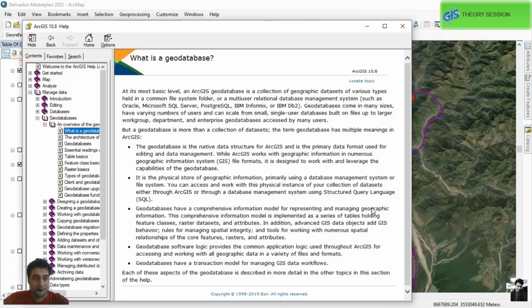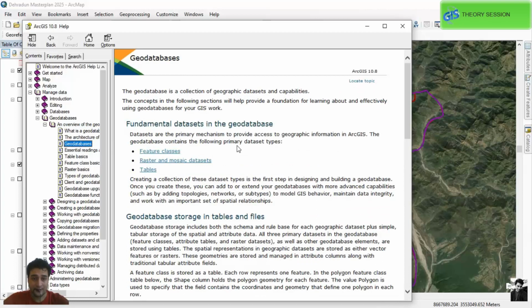If you're talking about a geodatabase, there are fundamental data sets in it. First among them are feature classes, which are the most important aspect here, because a geodatabase has multiple feature classes that define the features of the information.